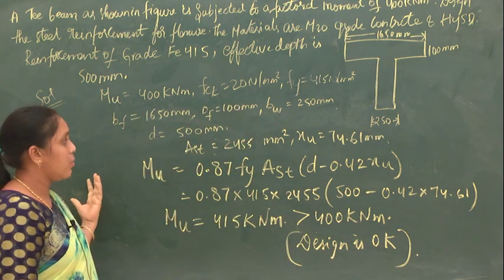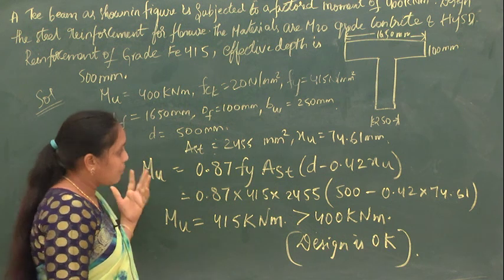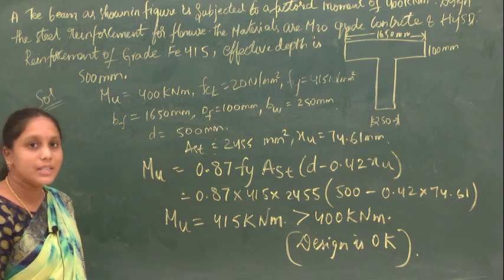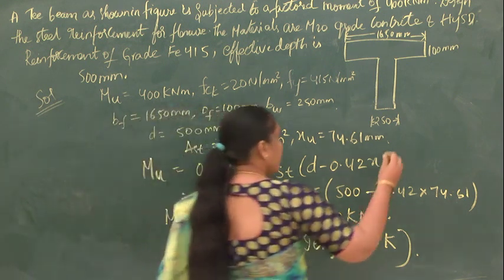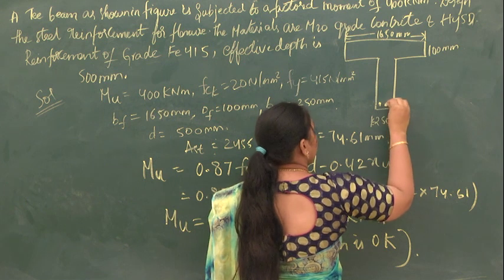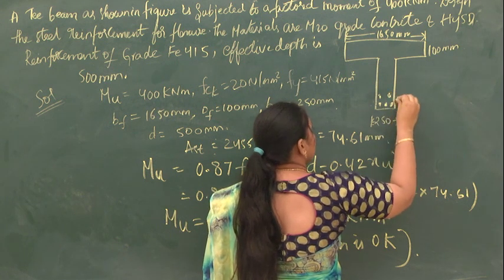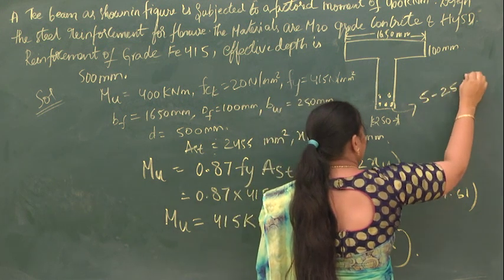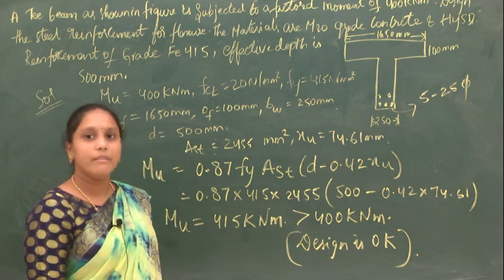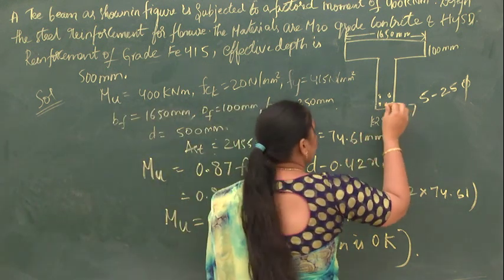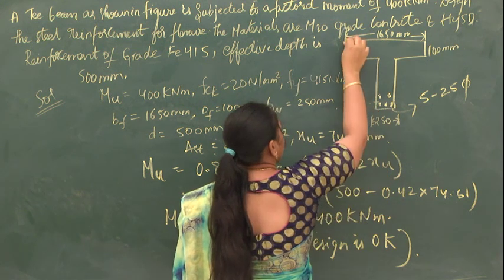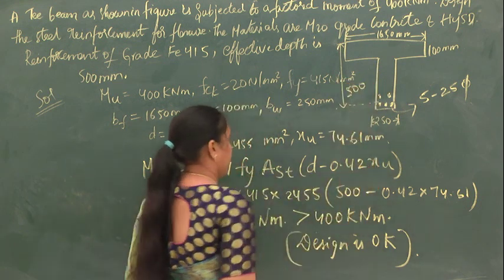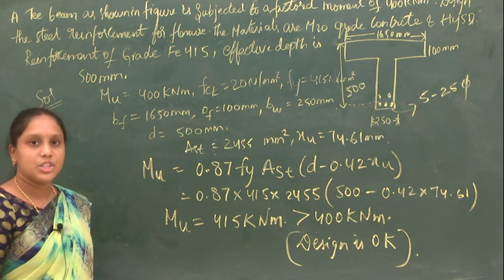So what is the area of steel we have provided here? We have provided 5 number of bars, and the dia of each bar is 25 mm. So 5 bars of 25 mm dia is what we have provided. And what will be the effective depth? The effective depth here is 500 mm. Hence, the check for the design is